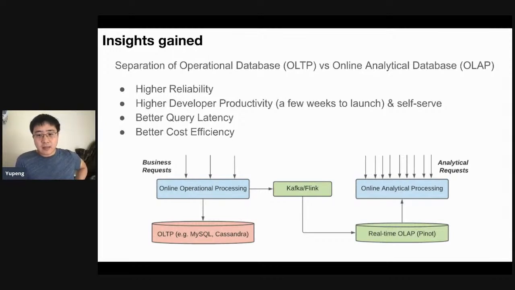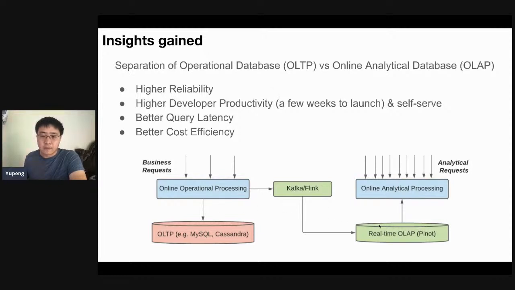But for the online analytical queries, they have their own unique query pattern and load, and typically this kind of read query has much higher volume than the write queries. So by setting up this separation using Kafka as the event log, we can ingest these changes into Pinot, which can be used to take all the analytical queries. Not only does this isolation provide higher reliability and fully protect the OLTP storage,